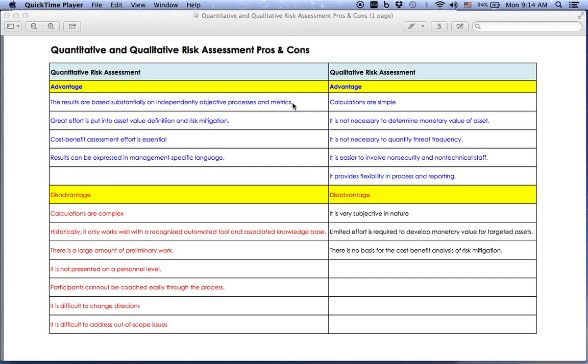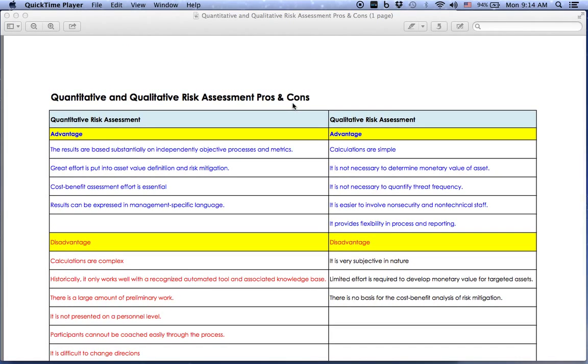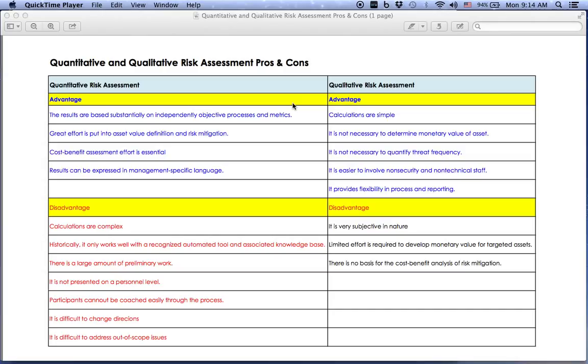This is what I need to share with you about the difference between qualitative and quantitative risk assessment. If you are the risk assessor, auditor, or assurance or compliance, whatever involved with the risk assessment, we have two parts. So let's discuss together. One is quantitative and the other one is qualitative.